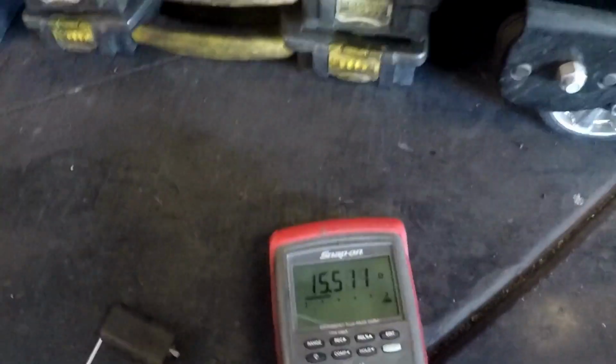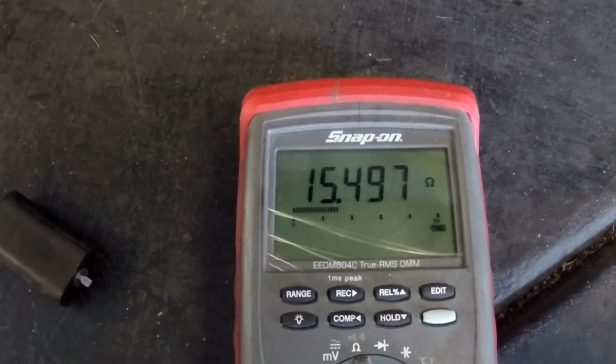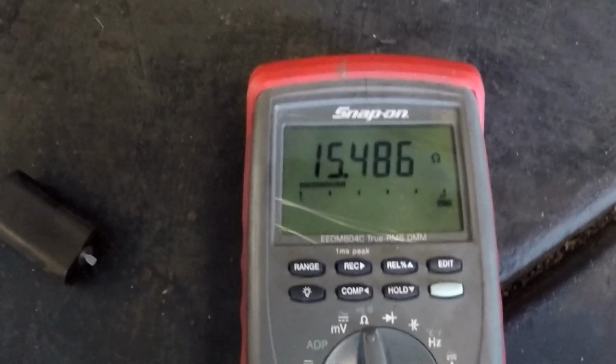All right, got the new pump in, got the codes cleared. New pump is working as it should. I just wanted to take a minute just to show you the fuel level sensor on a fuel pump. This is the fuel level sensor. Here's the float. So resistance will change as the tank is empty or becomes full. So we watch here, this is an empty tank, 15 ohms,